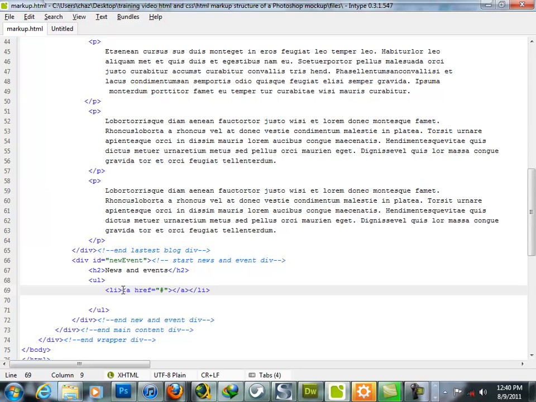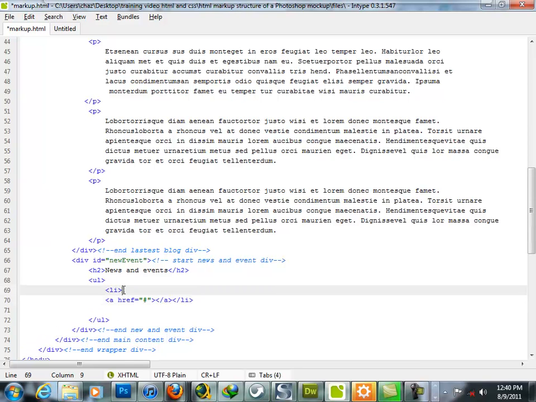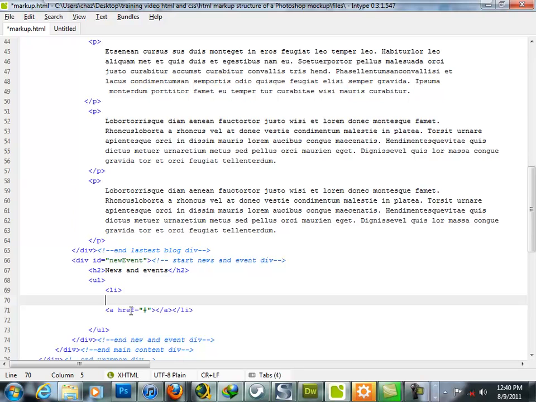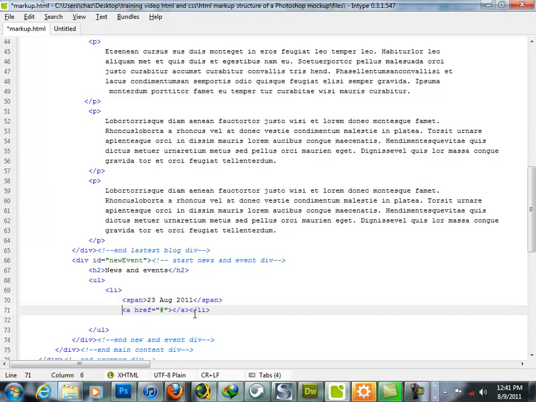Before the anchor link, I'm going to tab this down because I want to show hierarchy also. I'll create my span tag, open and close, Ctrl V, and there we get our date. So we want the actual content to be the link, so we want to place the actual content within